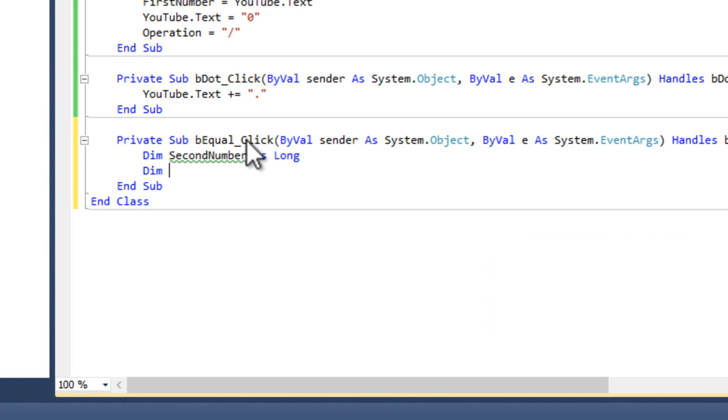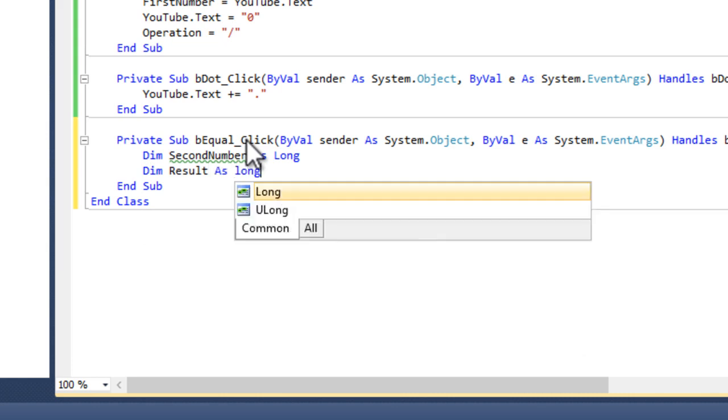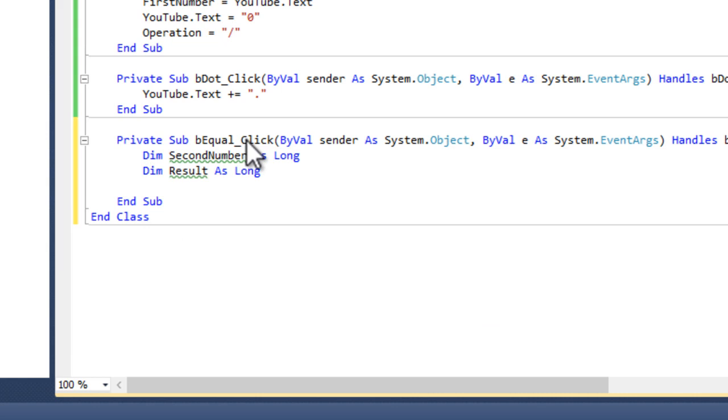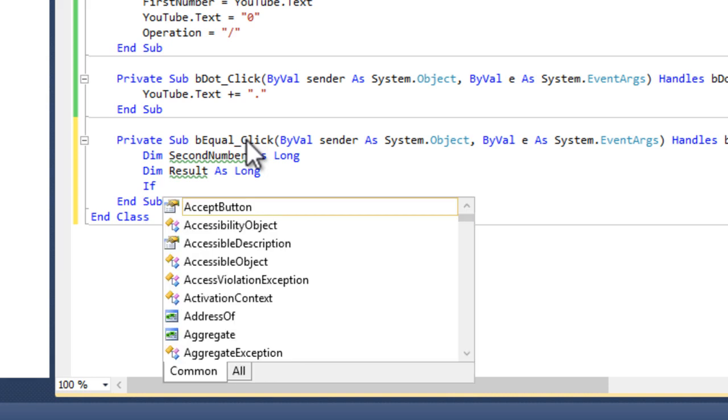Dimension for the result now, because it has to result in something, and then set this one also as long. Then I have to set now if operator, if